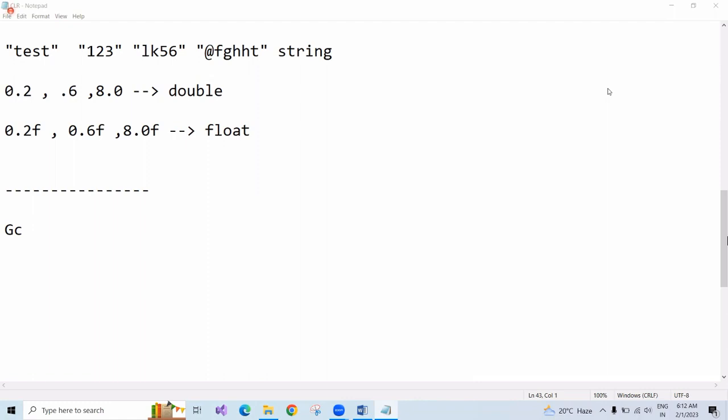Whenever we are writing a C program, there will be a memory restriction for that, so we need to write within that memory only.